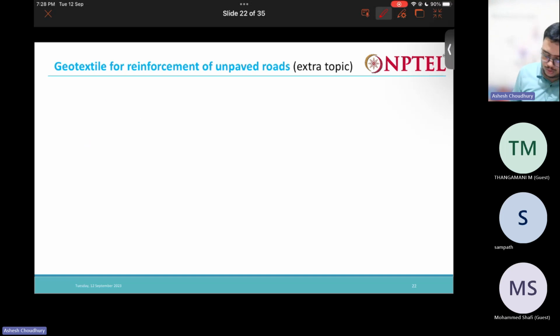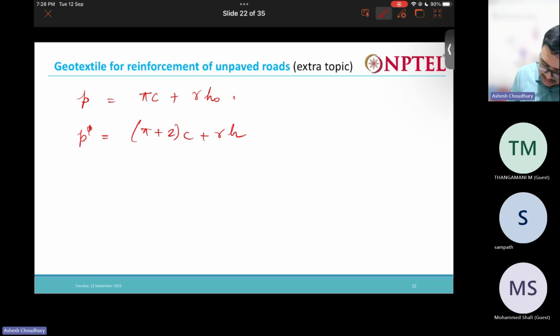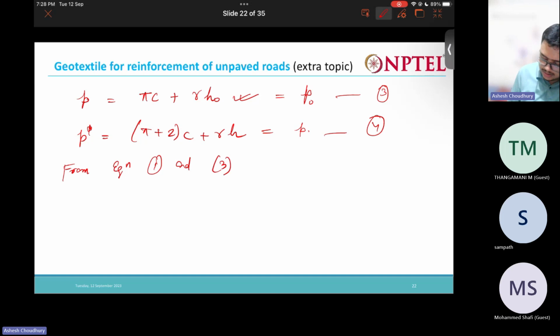Now what we can do? We can equate equation 1 to this expression. This you can equate to P naught, and this we can equate to this P. Okay, so let us mark this 3 and 4. So from equation 1 and 3, we get,